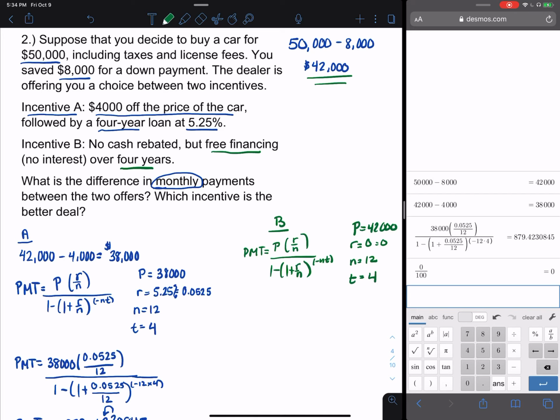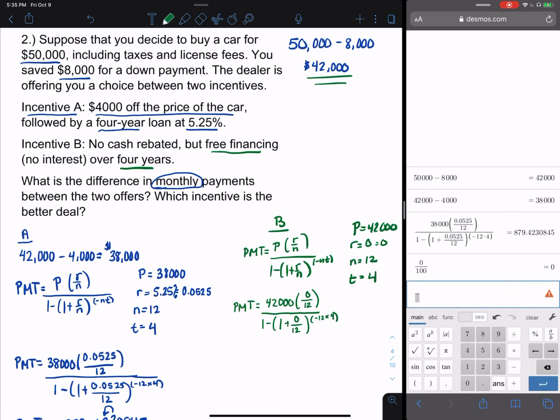So if I plug my numbers into this payment formula, I'm going to have the principal is $42,000 times the rate, 0, divided by n, all over 1 minus 1 plus that rate over n raised to the power of negative n times t. So if I come over here and plug this in my calculator, I've got my fraction,